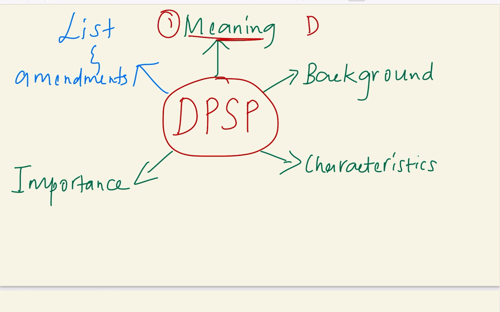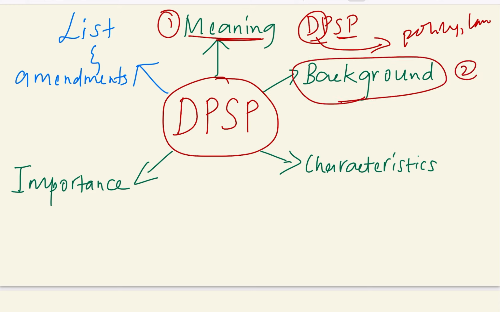As the name says, the directive principles of state policy give directions or directives for the state to make policies or lawmaking. It is providing assistance or guidelines for the state to make the policies and laws. In the background of DPSP we had studied that directive principles of state policy is similar to the instrument of instructions that was given under Government of India Act of 1935. And this concept of having directive principles of state policy was taken from the Irish constitution. It was taken from Ireland.